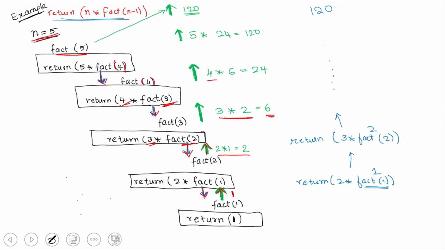So 4 into 6 you get 24, and then next step 5 into 24. Factorial of 4 is 24. So that is calculated, and finally we will get the result 120, and that value will now be returned because here there is a final return n into factorial of n minus 1. So the value 120 will be returned to the main calling function.